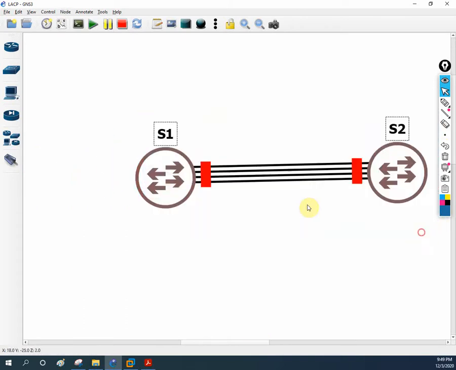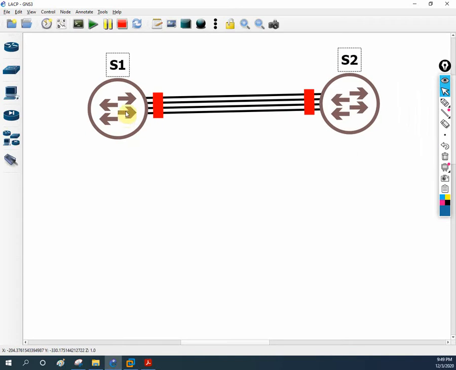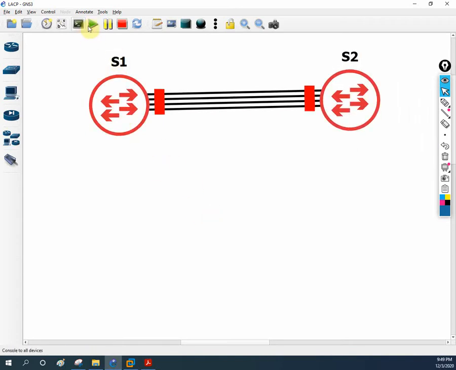Let me move this up. This is switch 1 and switch 2 that I connected. Let me start the switches, and if you want to see the port numbers, I can click this one. Or for simplicity I will write here the ports we use: E0/0, then 0/1, 0/2, 0/3, right? Let me check here. E0/3 is the last one, so I use these ports. Let me remove the port labels.